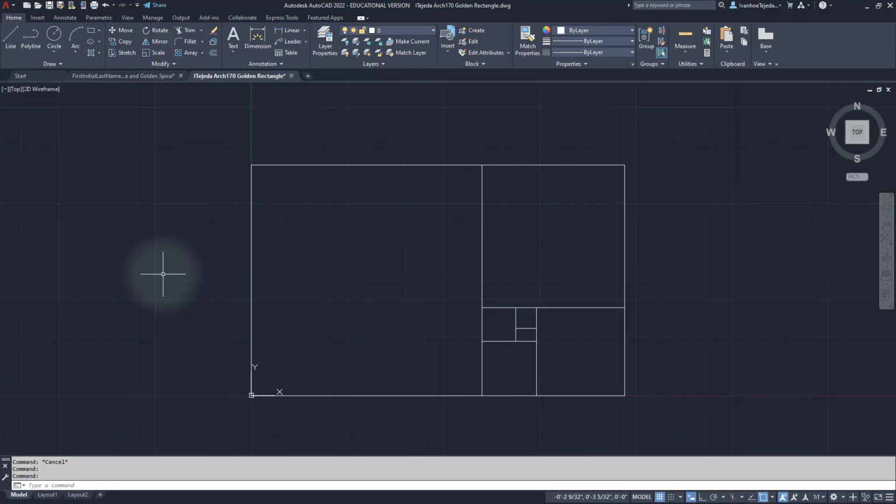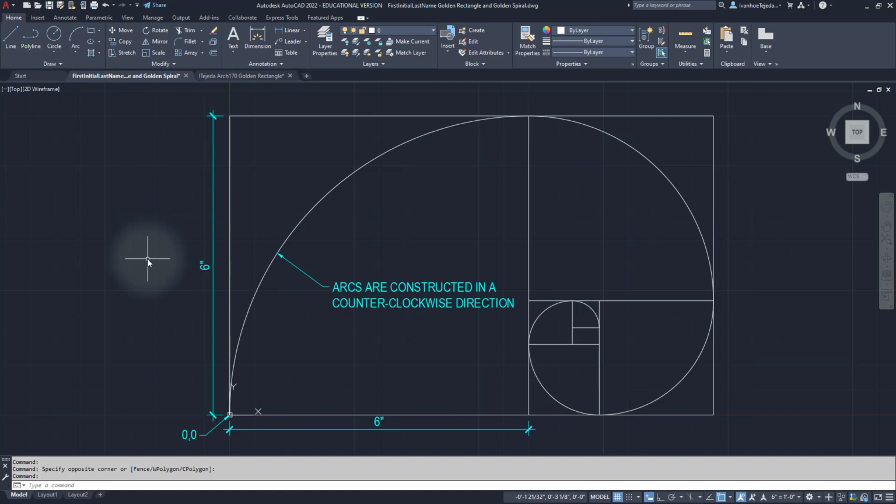I will proceed to draw the arcs. In my example, you'll see that the arcs are constructed in a counterclockwise direction by default. This arc here, if I select it, you'll see that it shows the center point at this endpoint. My start point will be here, and my end point will be there. So I go back to my example,